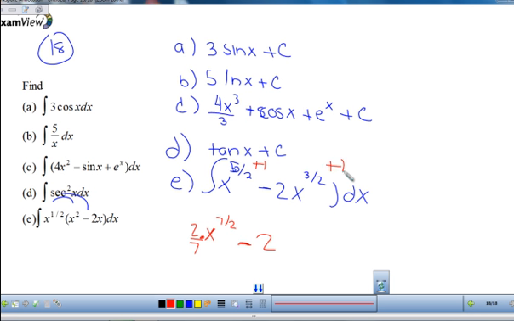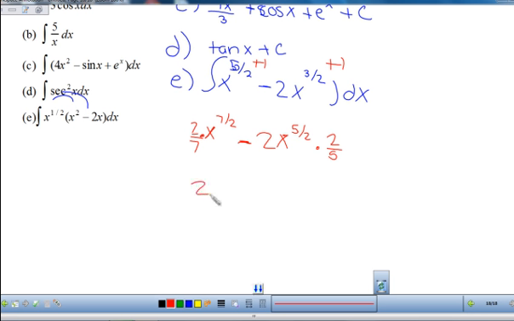I'm going to add 1, so I'm going to get x to the 5/2 times the reciprocal. So I'm going to have 2/7 x to the 7/2 minus 4 over 5 x to the 5/2 plus